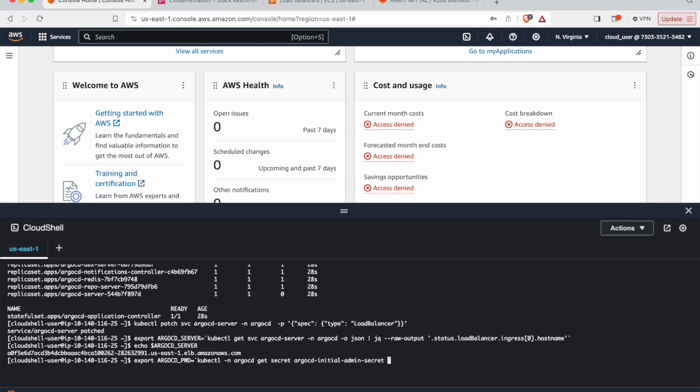When you install it, it automatically creates a secret, so that's where we are going to take this from, and we are going to take the JSON path